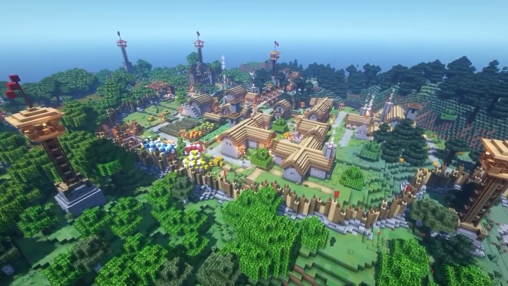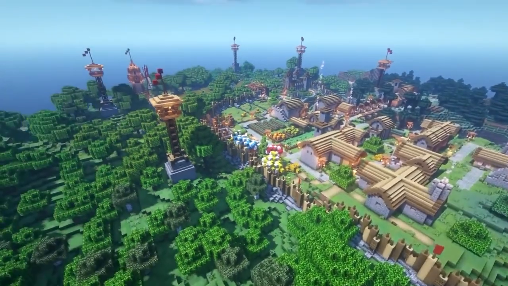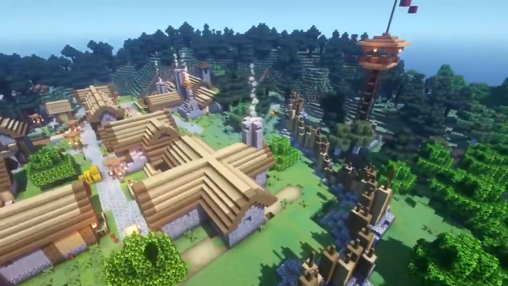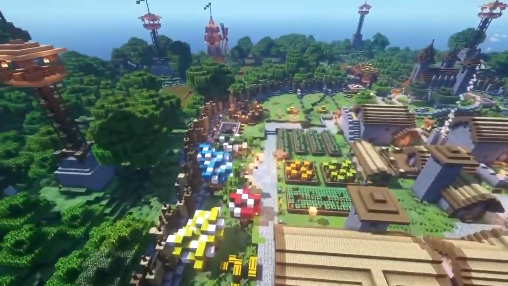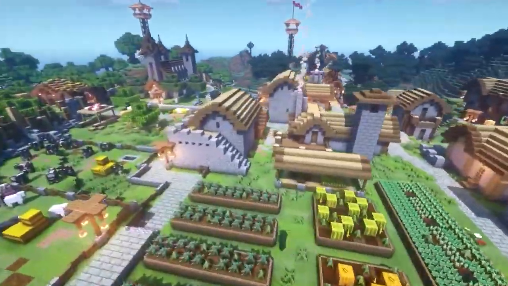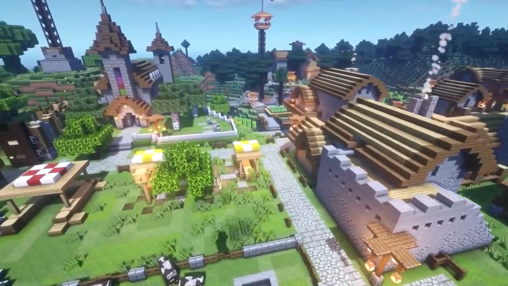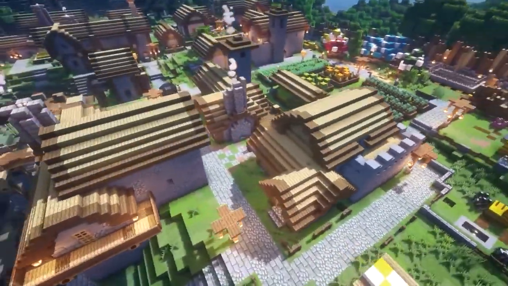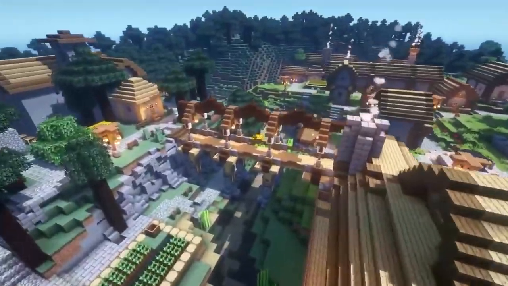This village transformation though is absolutely huge. They did a huge area with the walls. There's some watchtowers around the whole thing. They ended up adding in a ton of animals and a ton of farmland on the outside as well, which looks amazing. They also built a huge water tower and things like that. There are just a ton of small details throughout this whole thing that look really good and really brought this